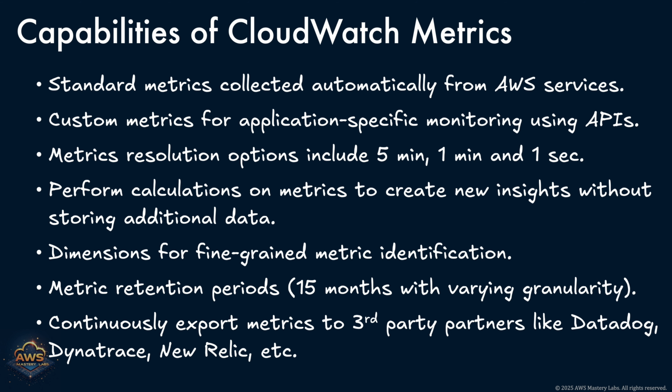CloudWatch automatically collects standard metrics from more than 80 AWS services. These include common performance indicators like CPU utilization, disk reads and writes, network throughput, and other service-specific metrics. But CloudWatch doesn't stop at standard metrics. You can also publish your own custom metrics to track things specific to your applications, like the number of users logged in, items in a shopping cart, or database query times. This is done through the PutMetricData API, allowing you to send data directly to CloudWatch from your applications